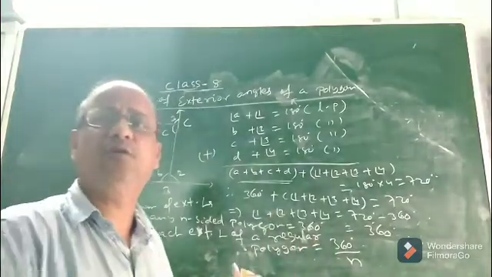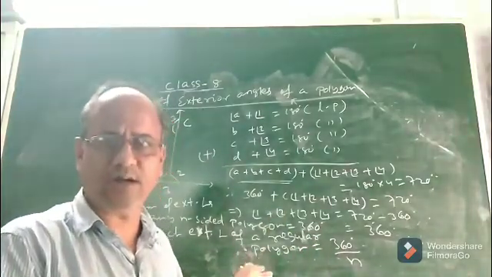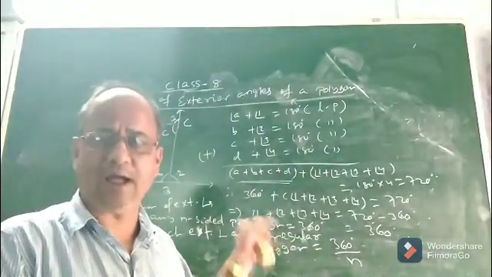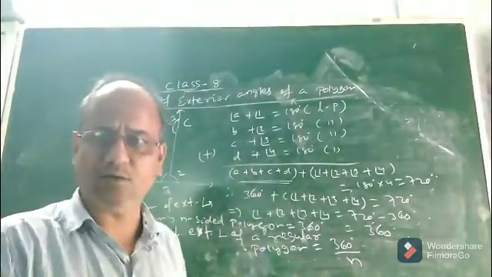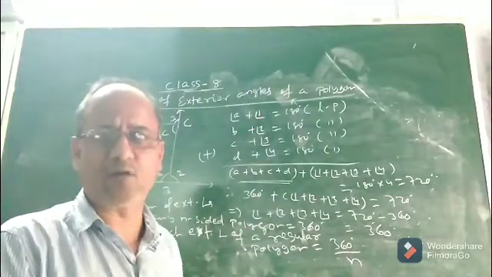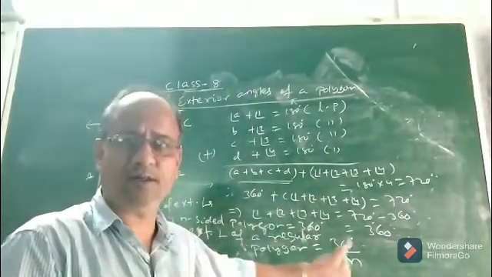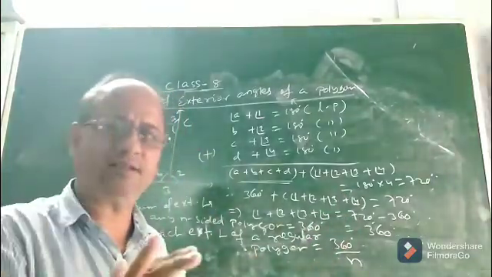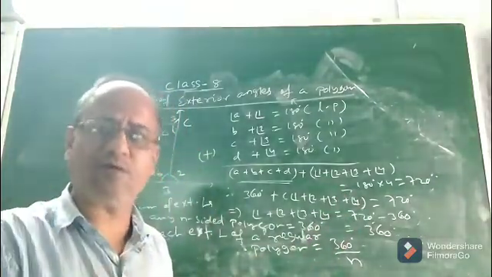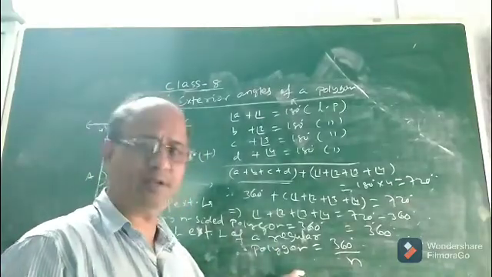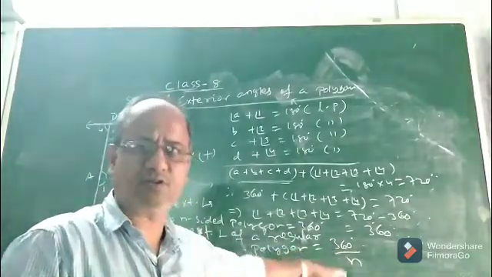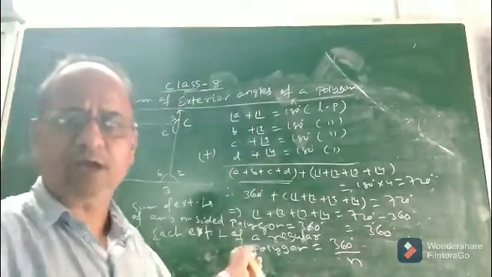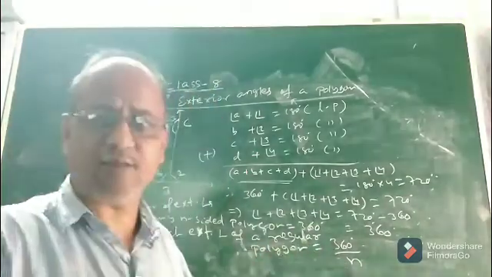Okay, children. So I hope you understood how to find the sum of exterior angles of a regular polygon and how to find each exterior angle of a regular polygon. These are two formulae you have to remember. One is the sum of all exterior angles of any n-sided polygon. It will always be equal to 360. And the measure of each exterior angle will always be equal to 360 divided by the number of sides. So with this, I think we completed everything about polygons.